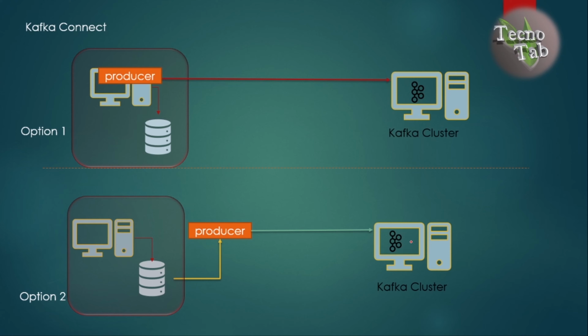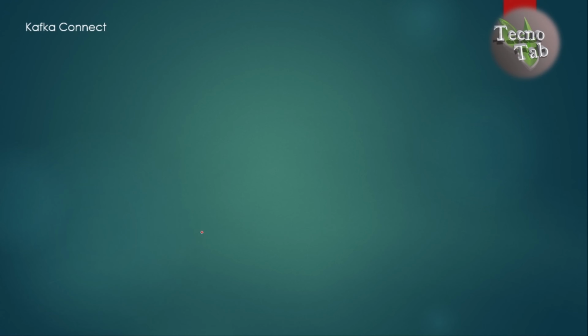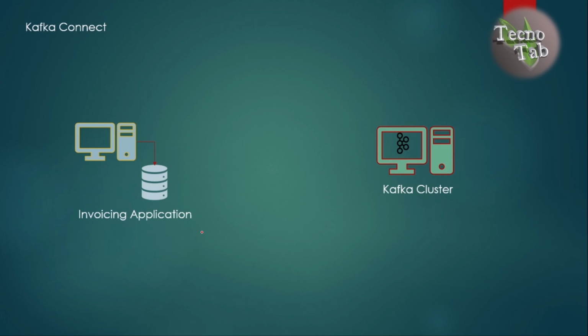But if we are going to settle with the second option here, then you are going to solve a problem that is already solved for you. Yes, you are right. That's where Kafka Connect comes into the picture. Kafka Connect is a system that is placed between your source system and your Kafka cluster. You do not have to write a single line of code. Everything is already done and made available to you. You just configure and run Kafka Connect and it will do the job for you.